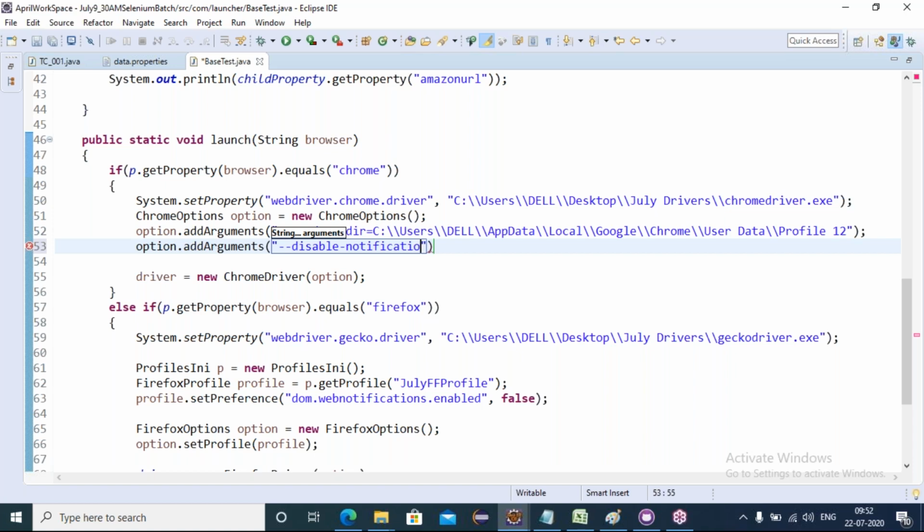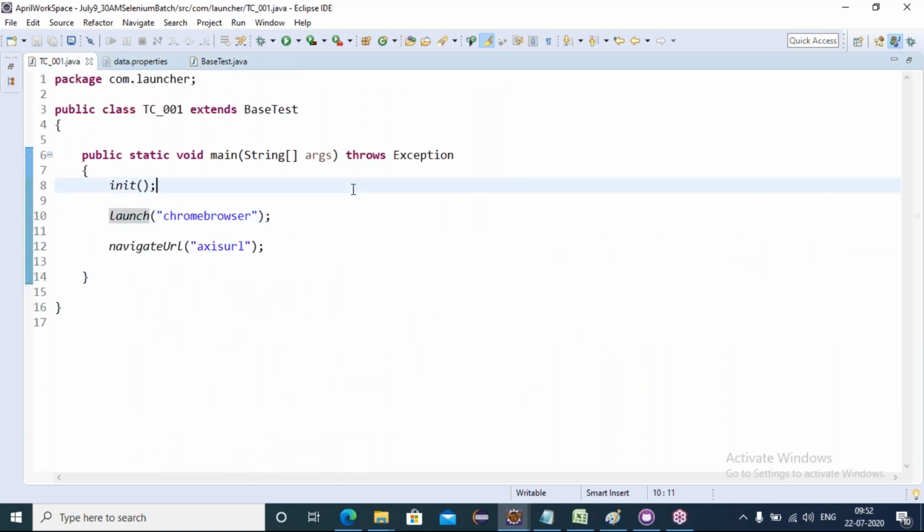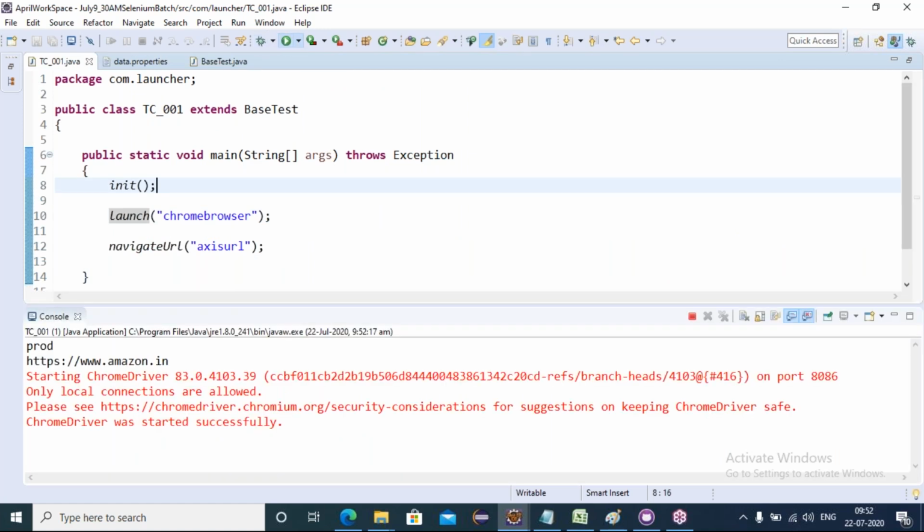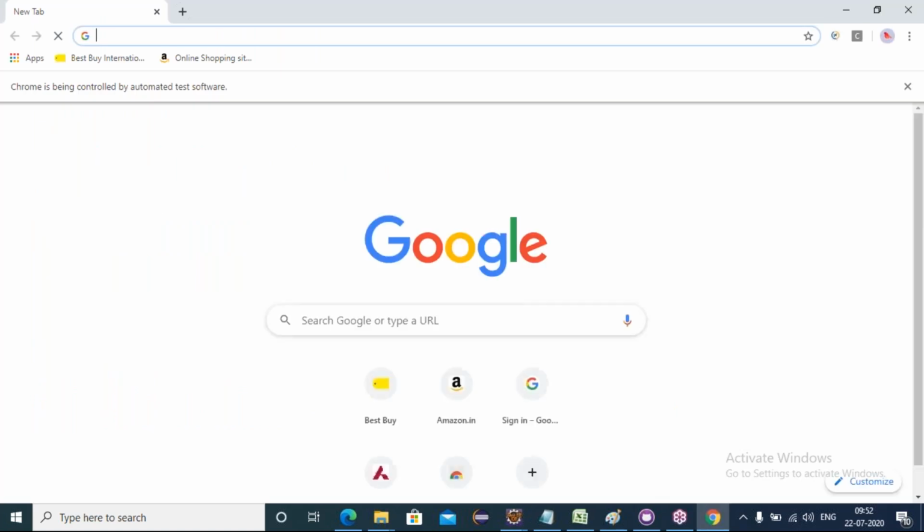These are the standard keywords: disable-notifications. Now if I run this program, it will open the user defined Chrome profile with the add-ons we set up in it, and it will also handle the notifications as well.